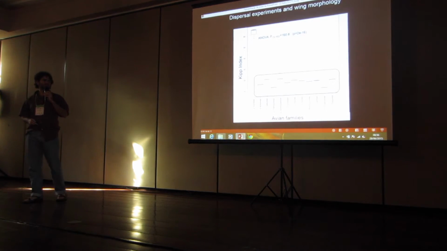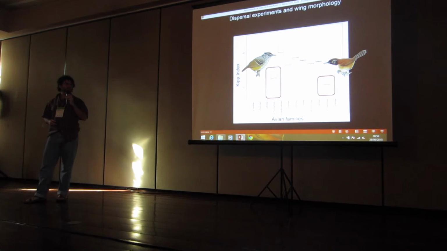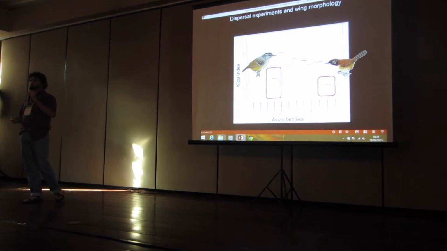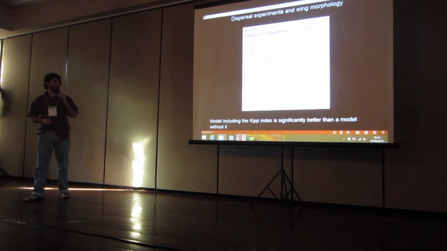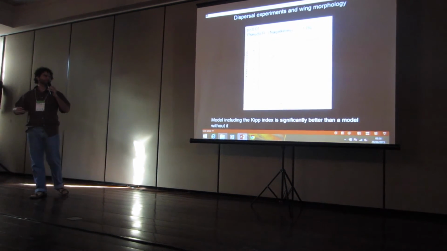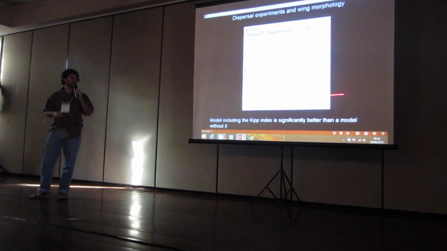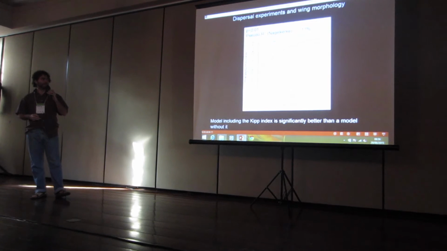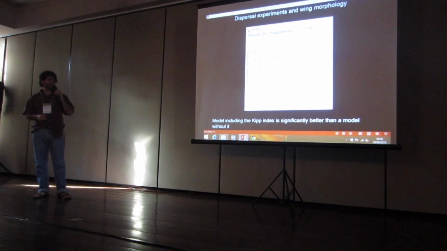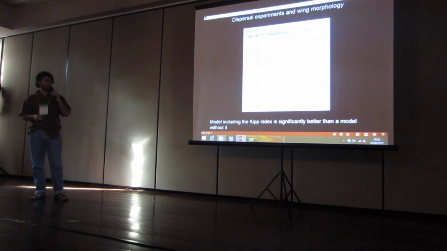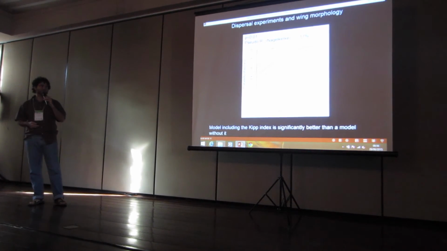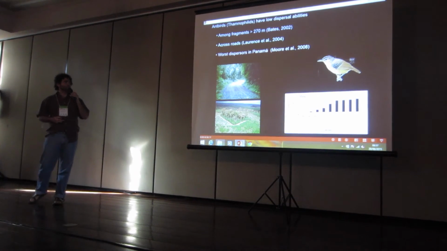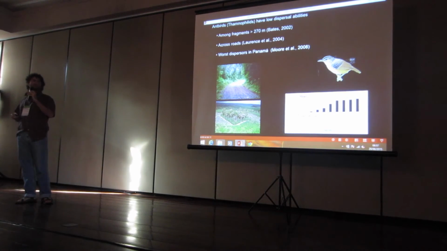If we zoom in on this, you'll see that two of the families have particularly low Kipp's indices, the Thamnophilidae and the Rhynchocyclidae, which were the bad dispersers. Here we've been playing around with a few models, trying to see the probability of success in terms of Kipp's index, and we can explain about 17% of the variance. I think it's a powerful graph. If you think of a Kipp's index of 30, that's the chance of actually succeeding in one of these experiments. But there's a lot of noise in there, of course. So I think we'll need to do more ecology into this.